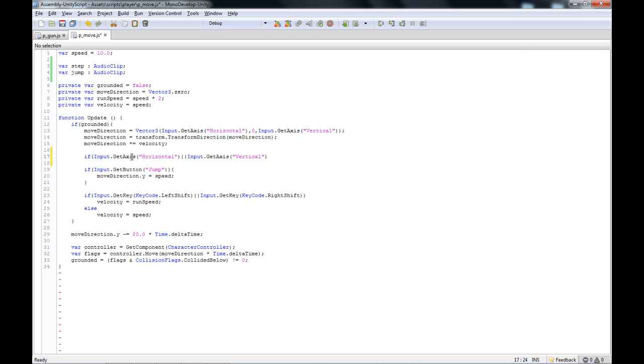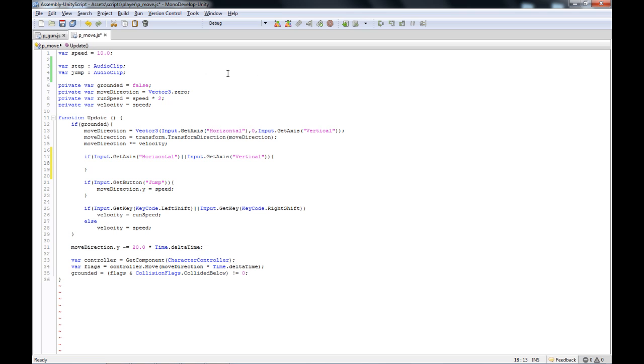So if this equals true or this equals true. So it's instead of doing two ifs. Right, so if input.getAxis vertical is active or horizontal is active, then what we first of all want to do is set,